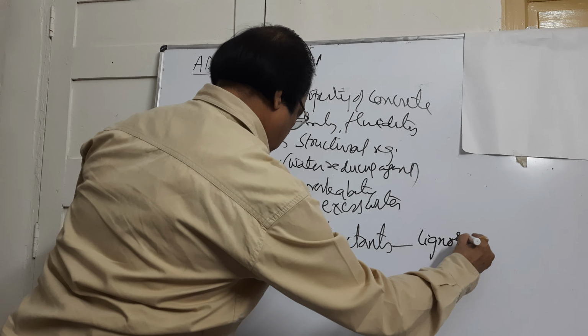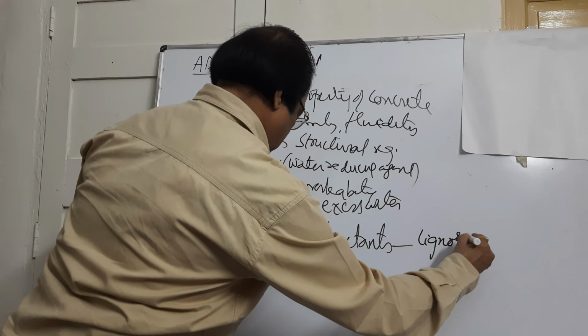Why is the water requirement less when we add plasticizers? What action is going to take place? Because the water we are adding is less than the required, but when we add superplasticizer, that water becomes excess. So how is that possible? How is it making the concrete workable?